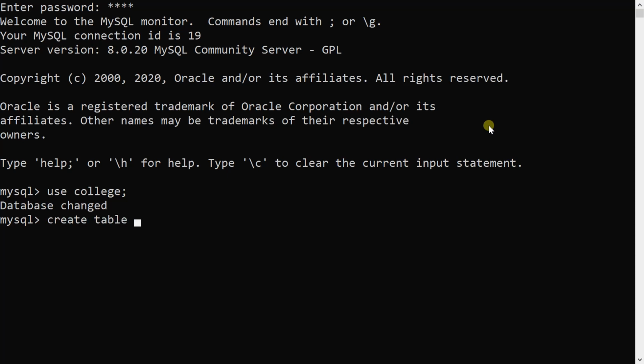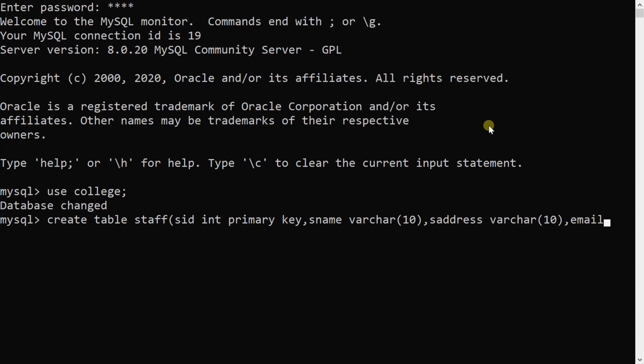Create table staff, into brackets the attributes of the staff table: SID integer primary key, sname varchar 10, address varchar 10, and email.